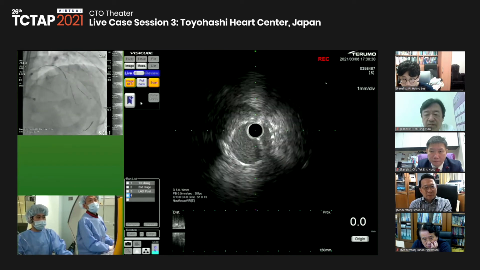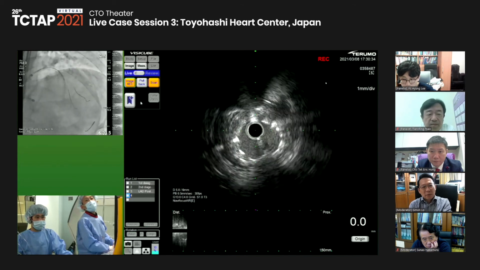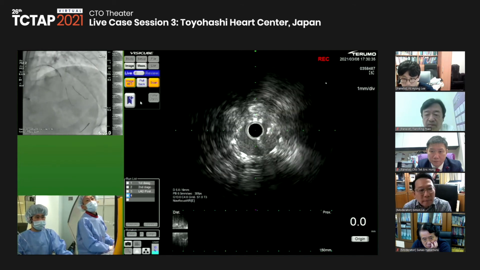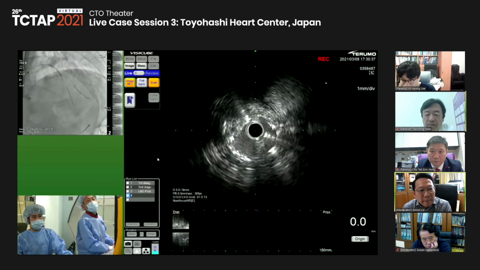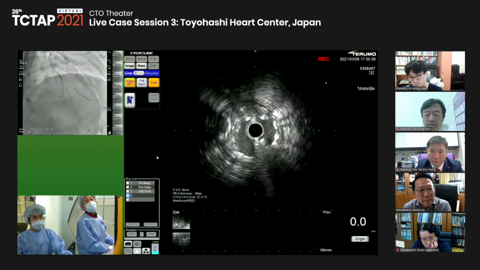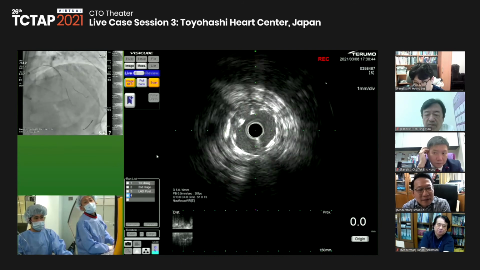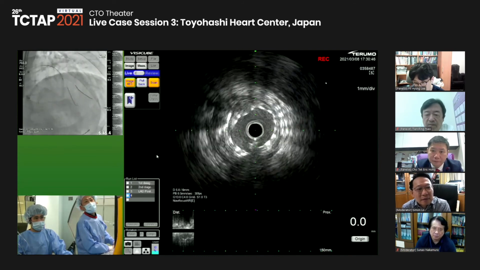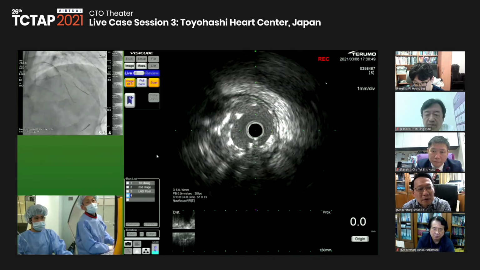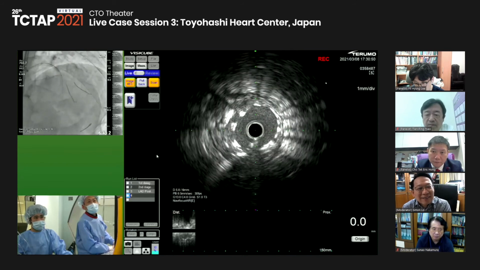So here is the first diagonal stent. Wire here. So we cannot see a clear space. We are not sure. Maybe 12 o'clock is the space we can see. But anyway, the position is very bad, so we should dilate.